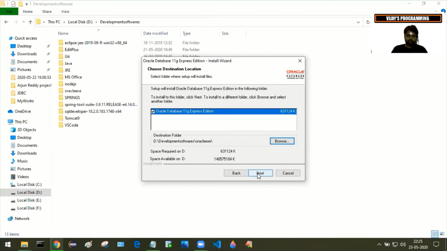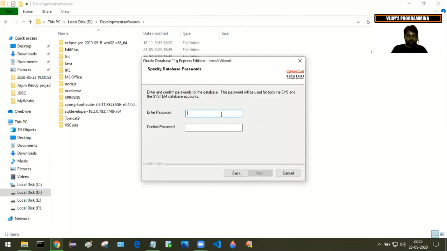Okay, it is asking for a password. Just remember this password. Whatever password you give, please remember that password. This is the password for the database. So while developing our JDBC program, we need to use this password. So please remember this password.